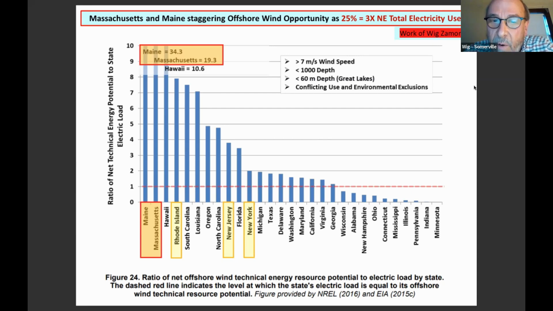So you don't have to get too far into this current opportunity before you could supply 100% of New England's electricity, or twice 100% of New England's electricity, with offshore wind using current technologies. And so to me, that is kind of a must do